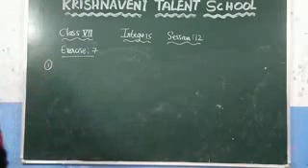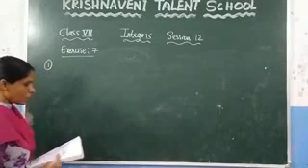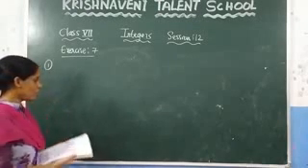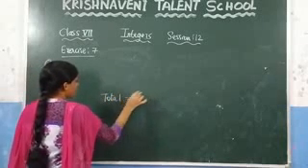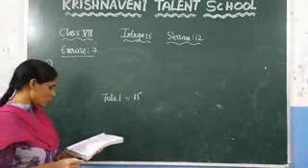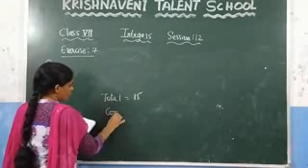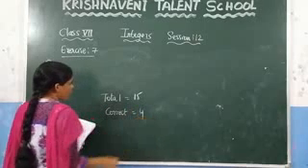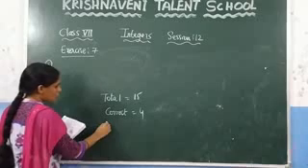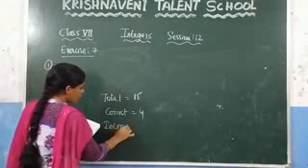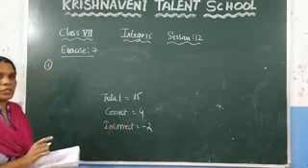First question. In a class test containing 15 questions, here how many questions are there total? 15 questions are there. So the total number of questions here is 15, and here what is said here: 4 marks are given for every correct answer. So for every correct answer they are giving 4 marks, and minus 2 marks for every incorrect answer. That means if you have written the wrong answer, they are deducting here 2 marks. Minus 2 is nothing but they are reducing 2 marks.